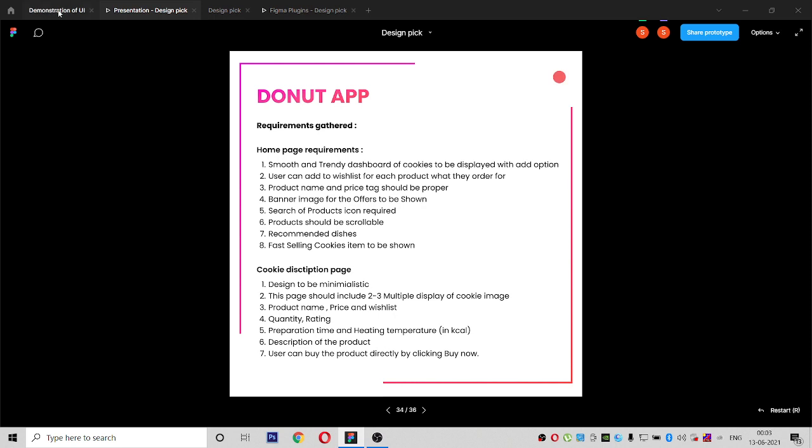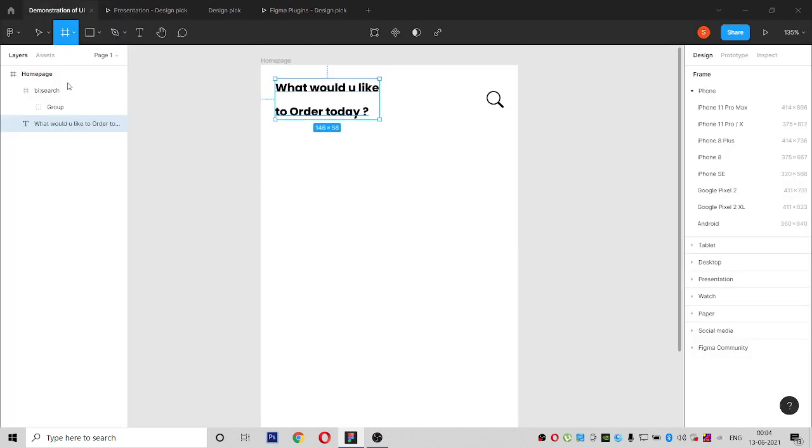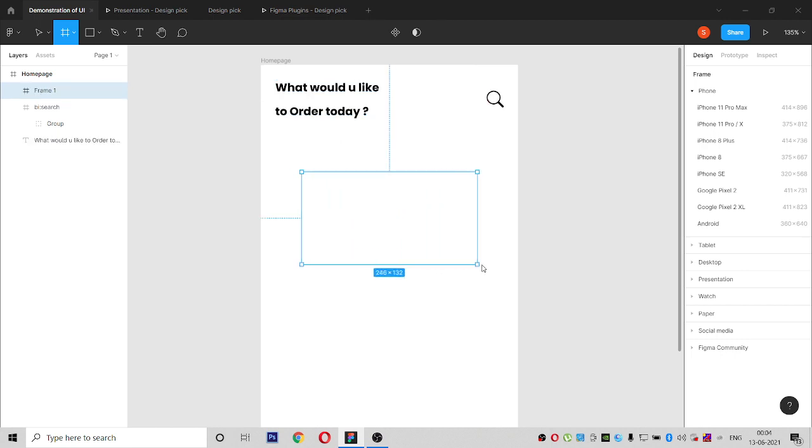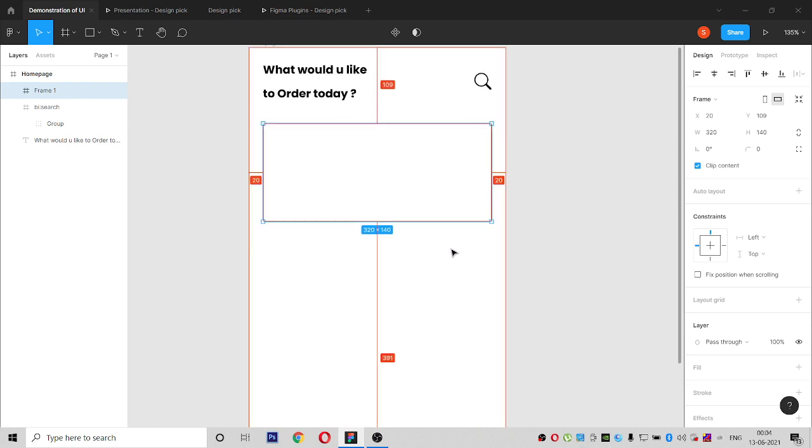So we have to bring up some good images for banners, correct? So I'm taking another frame and placing it for a banner. See, I have given it from the right side 20, left side 20, and this measurement, don't forget, the measurements are very important.